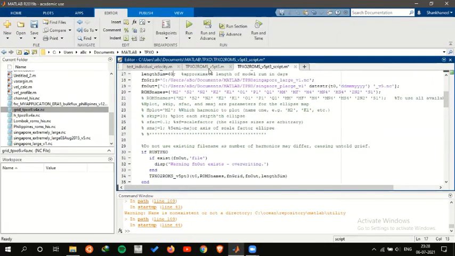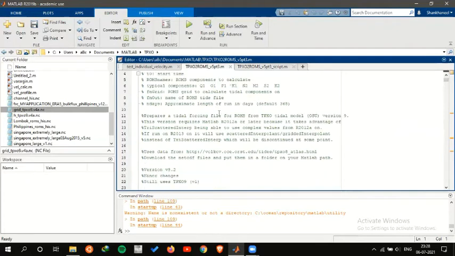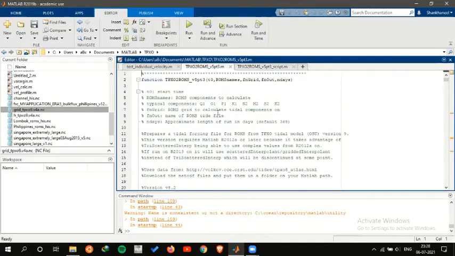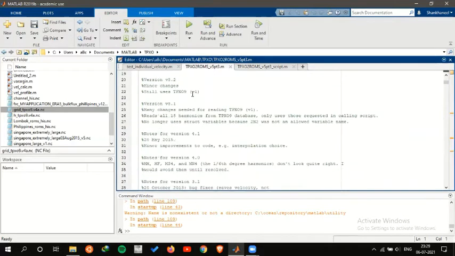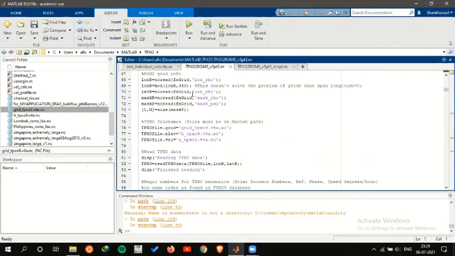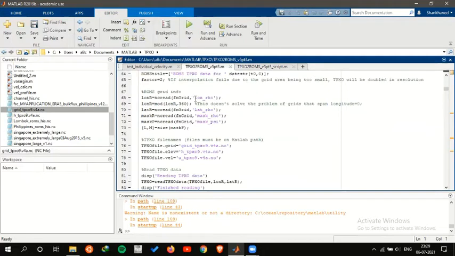So what I'll do is now move to the next script, which is tpexecute roms underscore version 5 part 3.m. In this, we need to mention a few files. First you need to mention the variable which you want to read. For example, in this ideal case, you want to read the long row variable, lat row variable, mask row variable, and mask psi variable. If those are not mentioned, then just mention them.